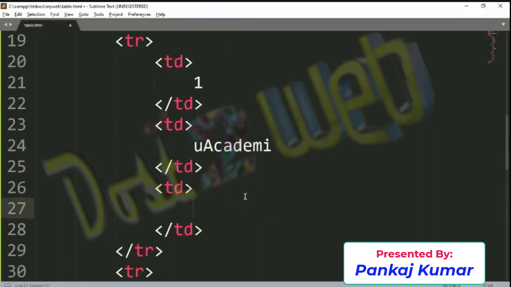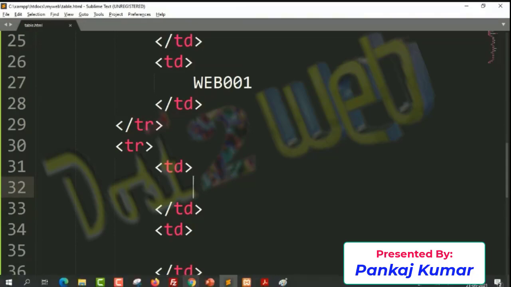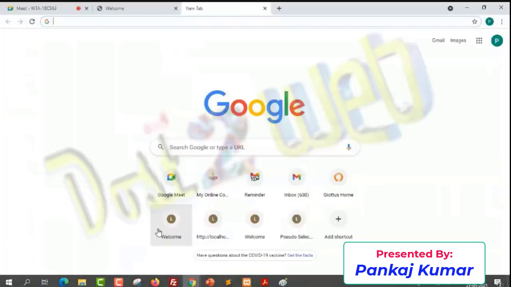Then another table data, USN, I'll just give web 001, whatever. I'm just simply giving the data. The same way you can add a table row. I have given only one row. Let's save and see what result we get.